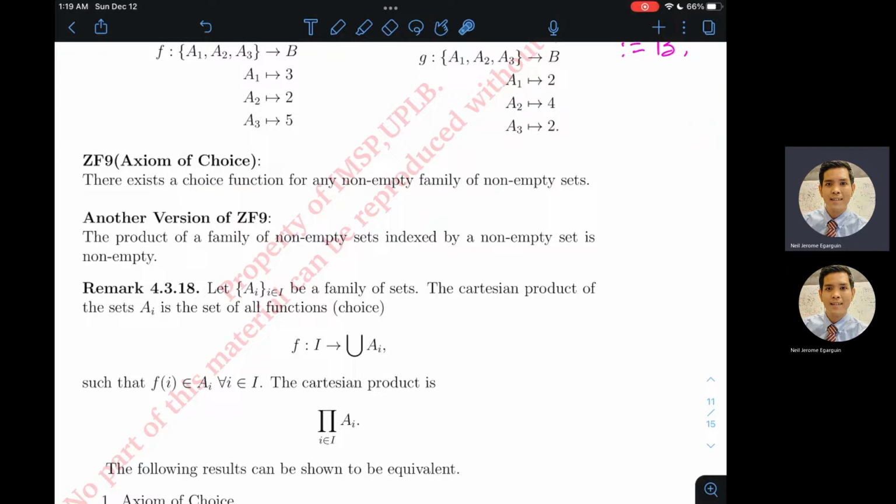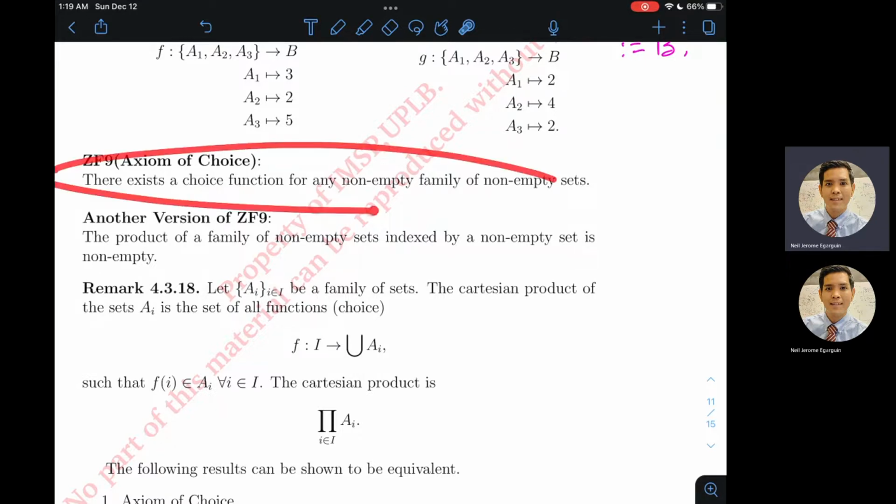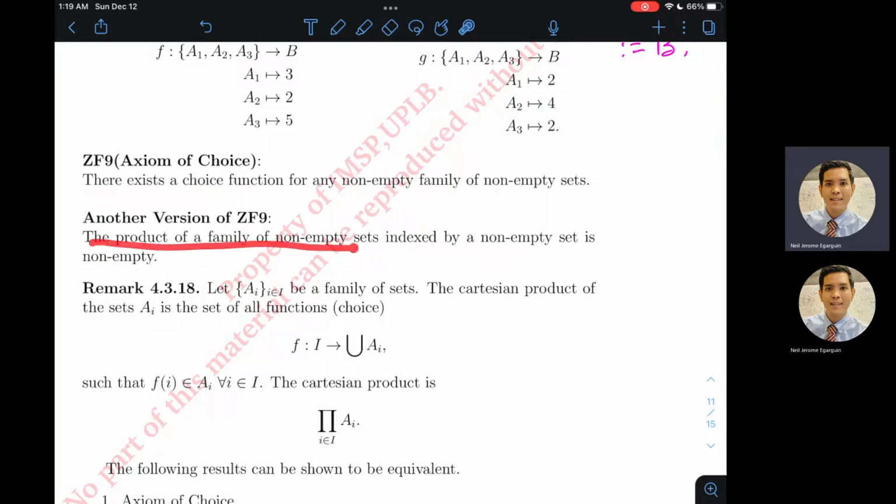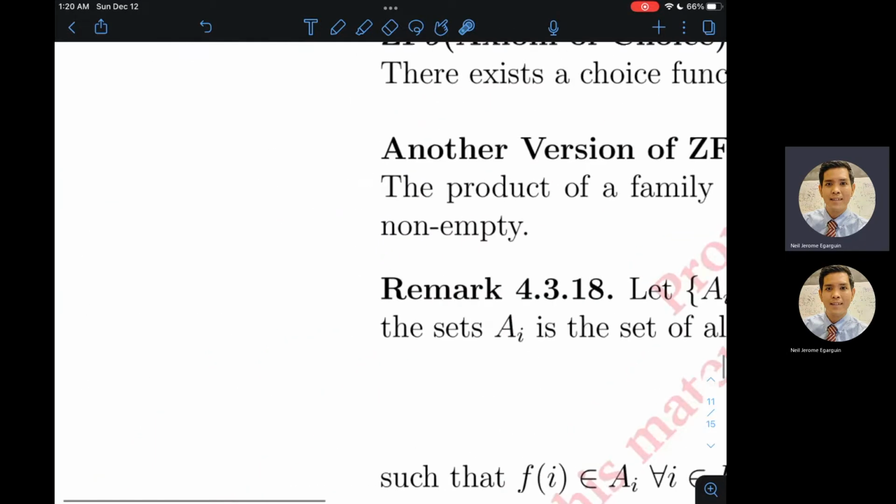another version ng ZF9. It says here that ZF9 is equivalent to this thing, so you can replace the axiom of choice by this version, which talks about yung pagiging non-empty ng cross product ng isang family of non-empty sets, right? Formally, it says that the product of a family of non-empty sets indexed by a non-empty set is non-empty. All right? Ibig sabihin lang ng isang family of sets. So, kokolekta ka lang